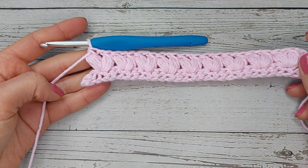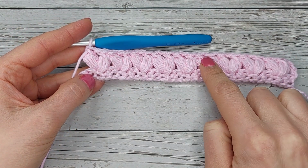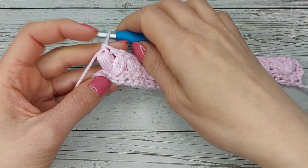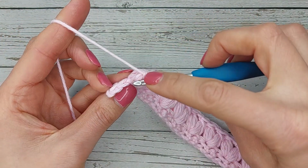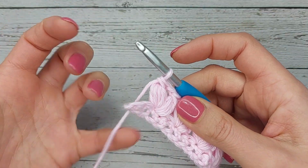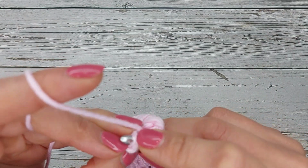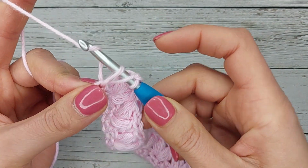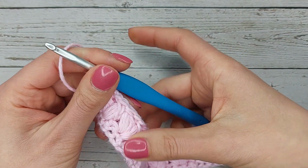Right here we are, almost at the end of this row, row 2, and I have a total of 9 V puff stitch clusters. So now we have 2 stitches left in this row. We're going to skip 1 stitch, and then to the very last stitch we're going to work a regular double crochet. So yarn over, insert your hook into that last stitch in the row, yarn over, pull up a loop, yarn over, pull through 2, yarn over, pull through 2, and row 2 is